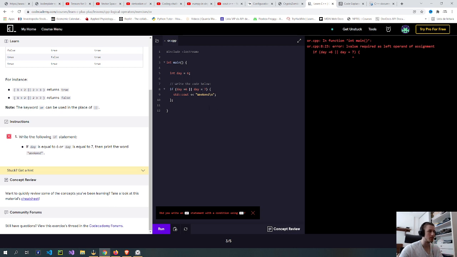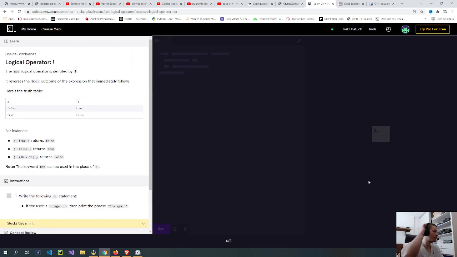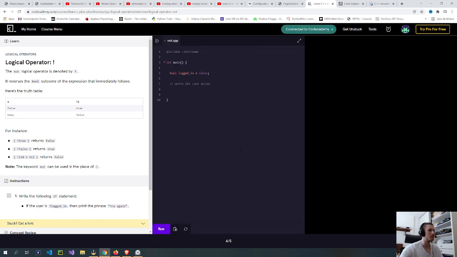So maybe I have to use the double one. Well, let's see if this works. Yeah, so the double sign is needed to get the equality, because the one sign is only assigning the variable to the value.